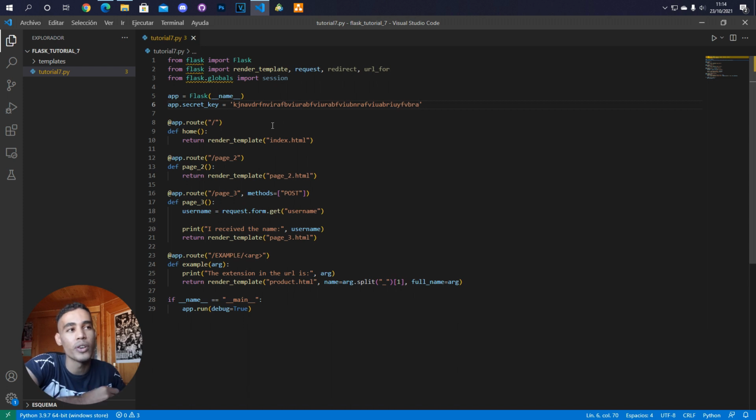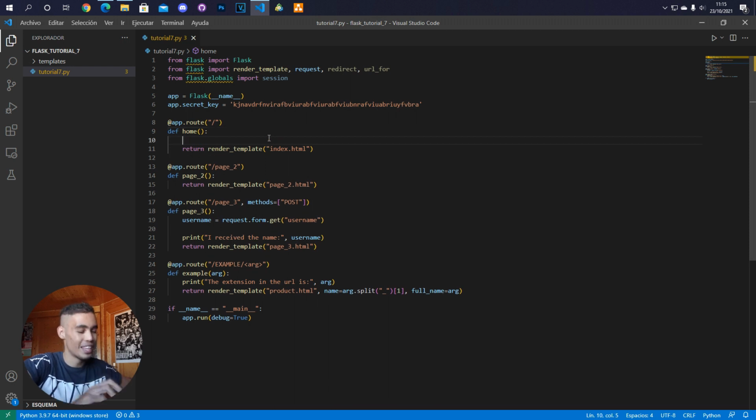The thing we are going to do is put a counter of how many times a user, a browser, has been on a specific page. That specific page is going to be the index HTML, and in order to use sessions, we have to use them as if they were a dictionary. This is very simple. Let's say we want to put that number of visits: if the key visits